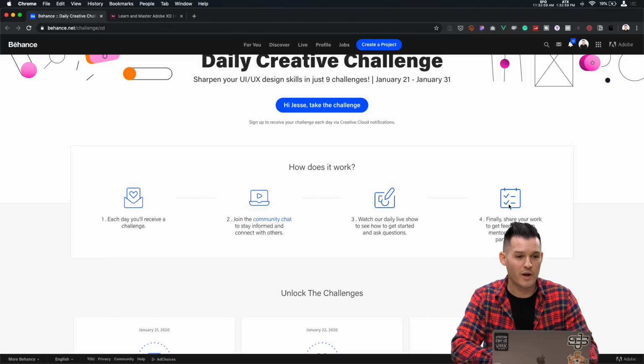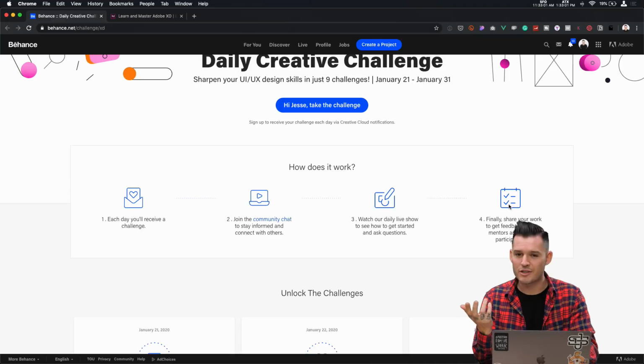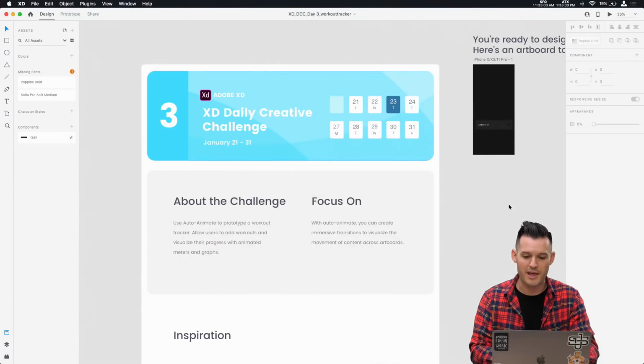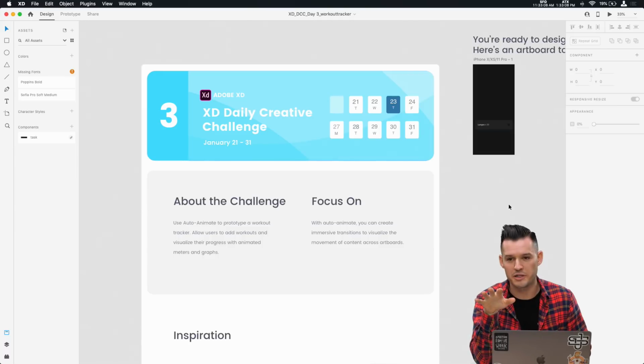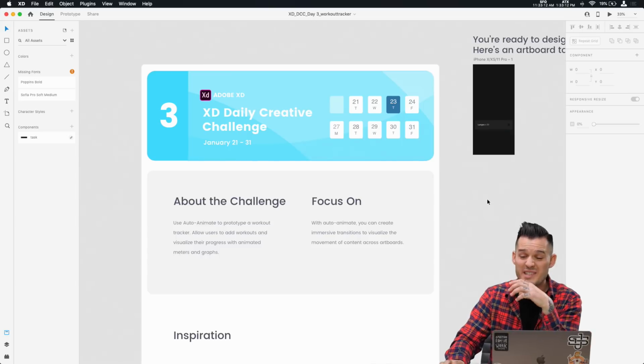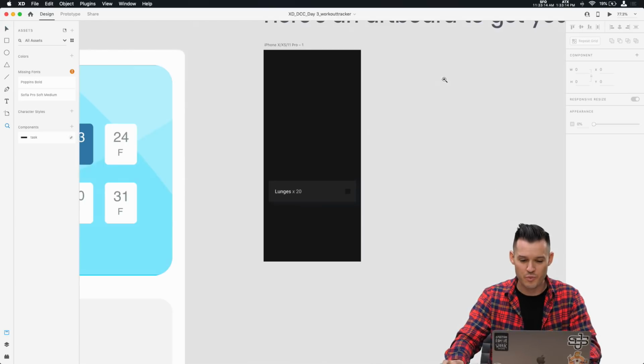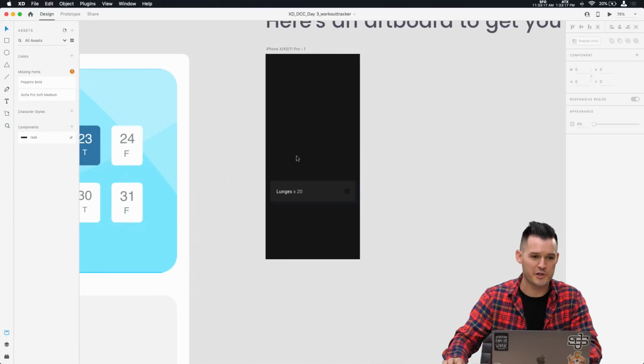All right, we're going to jump right in. I think we hit all the checks and balances we need to get going. I'm going to head over to XD with our starting file. And I'm going to be honest, I cheated a little bit. I put a color and I made a little component. So your starting file will look almost like this, but I've just gone ahead and done a little work here because I already know the direction I'm going to go.